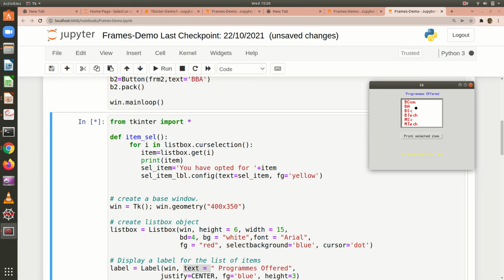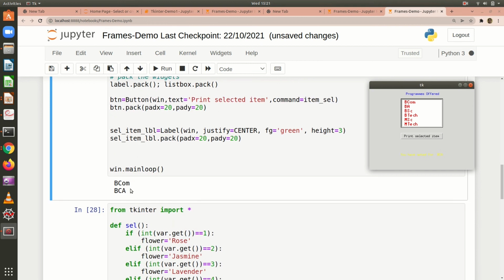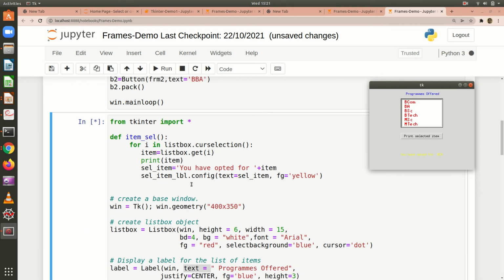Get of 1, the second item will be available, and that will be stored in a variable called item. And I am just printing the item so that I will get the output like this. So I print the item. Then I say you have opted for, a string literal, and I am just adding the item here, concatenating the item.